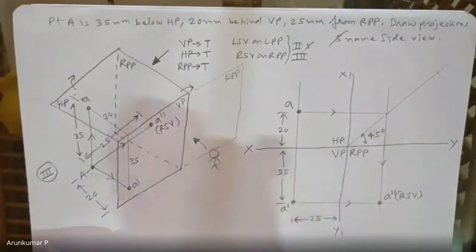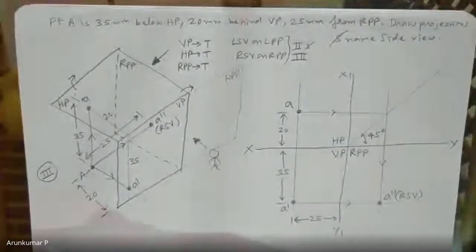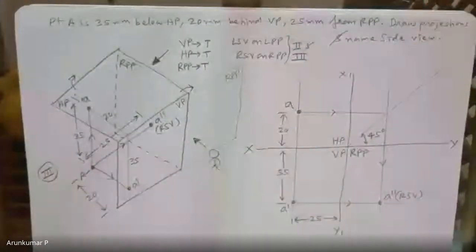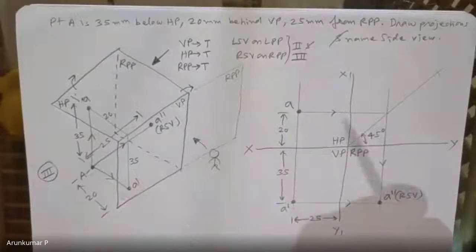Okay. To help you understand this concept, I'll solve a different problem. Then things will be clear. So you try to correlate this particular problem with the problem that I'm going to solve now, wherein the point will be on the plane. I'll solve this. Then this particular problem which I've given will be clear.